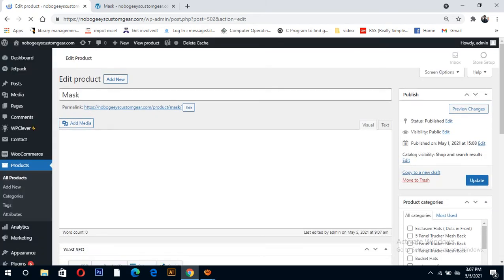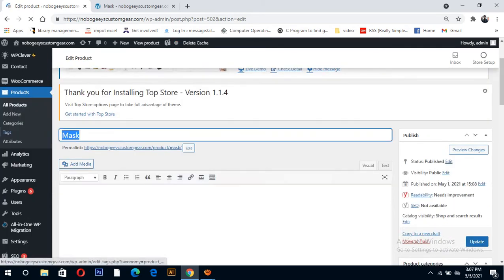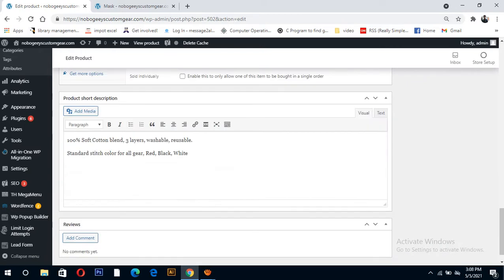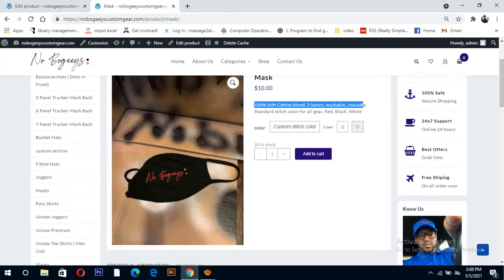Then you can edit this product title. I don't write marks here; this is a product name like underwear, t-shirt, polo shirt, like this. Here is the description, and the short product description shows here also.